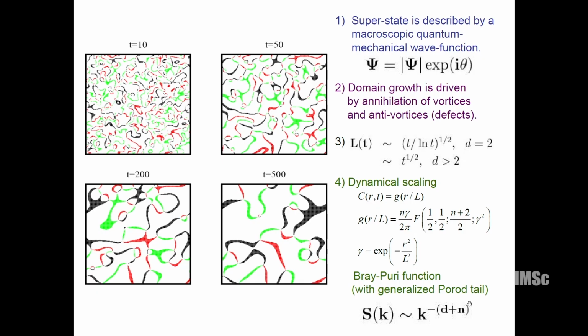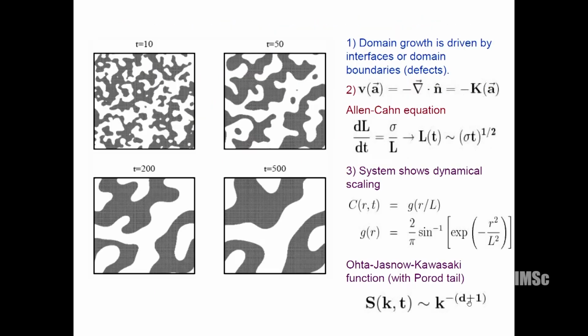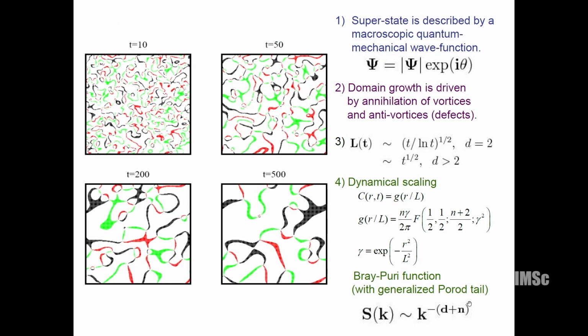The very nice feature of this function when we analyzed it was we found that earlier you had a Porod tail of k raised to power minus d plus 1. Now you have a Porod tail of k raised to power minus d plus n, where n is the number of components of the order parameter. Okay. So, for n equal to 1 you get back the old Porod result, but in this generalized Porod law,